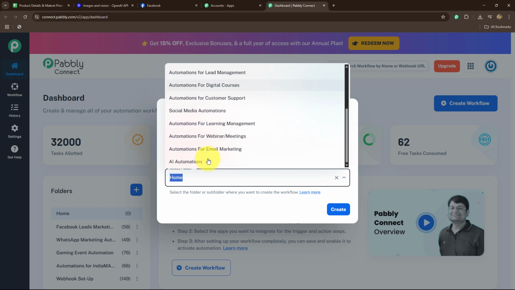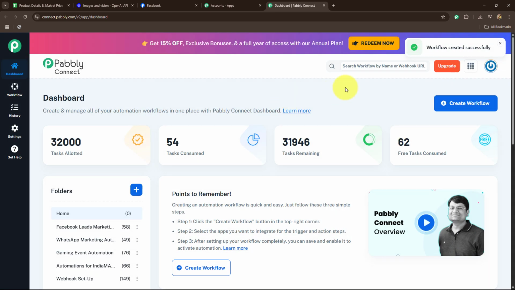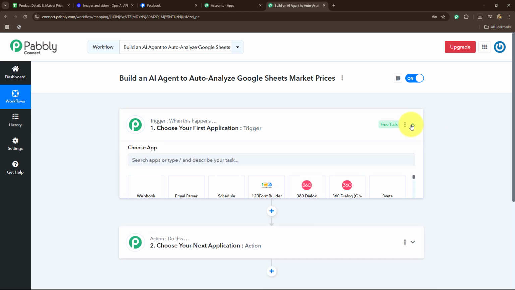Among these folders, the automation that I'm going to create currently is related to AI. So I'm going to select AI automations. And now let's click on create. So the workflow is created successfully. We have a new screen over here which contains a blank workflow which we have to fill up to completely